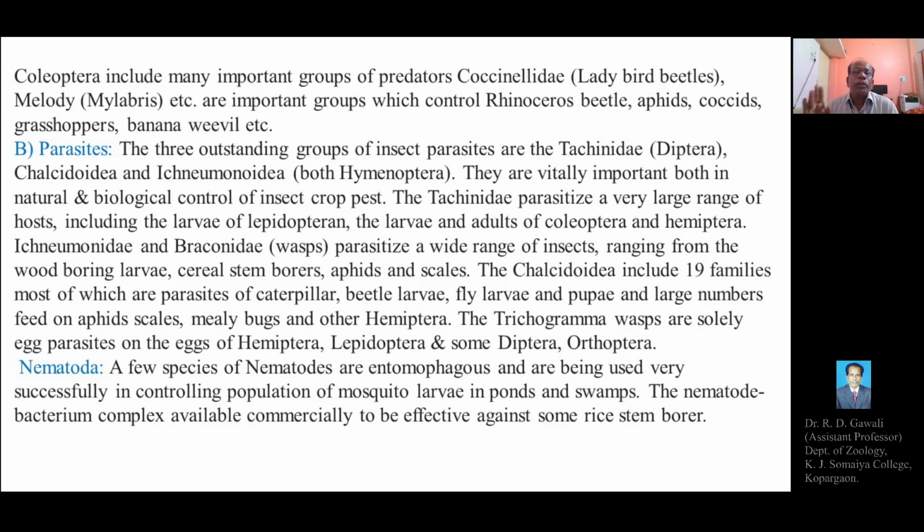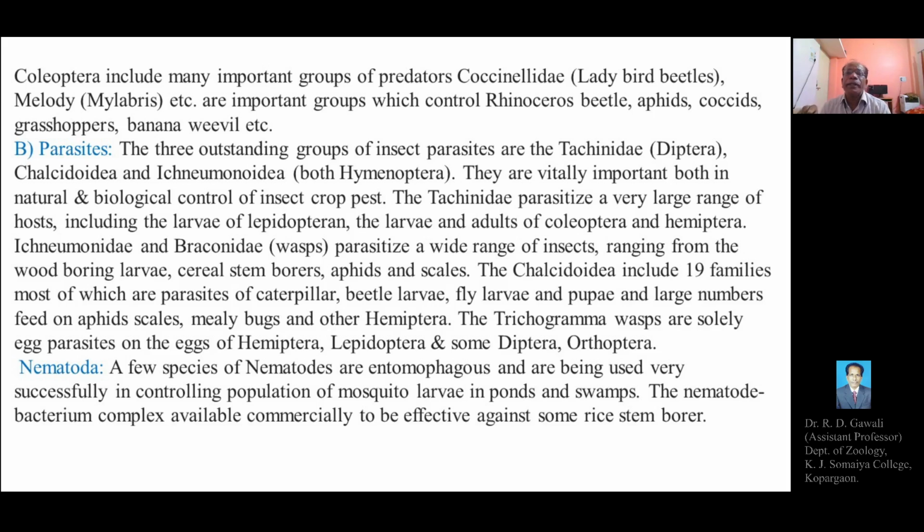Chalcidoidea and Ichneumonidae both are hymenopterans. Tachinidae is a family of the order Diptera, and Chalcidoidea and Ichneumonidae are two suborders of the order Hymenoptera. So these are two hymenopteran groups, and these are the three important outstanding groups of insect parasites, belonging to the family Tachinidae of the order Diptera and